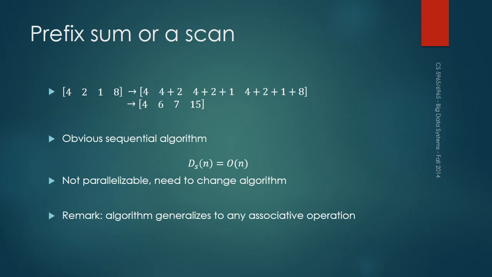So we just saw how we can sum up numbers. You guys want to think about how you want to do a prefix sum in a parallel fashion. One point to note is that it generalizes to any associative operation. So you can have a prefix product or any such operation. And these are very useful things because in one of your next assignments you will need to use prefix sums in order to be able to parallelize some. So I want you to think about this for a minute.